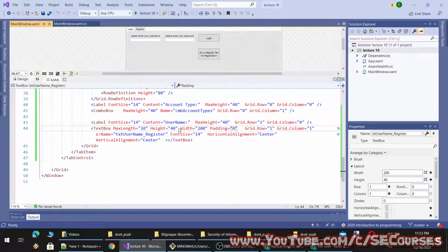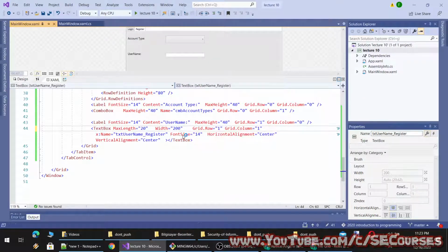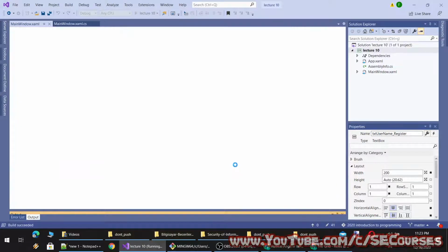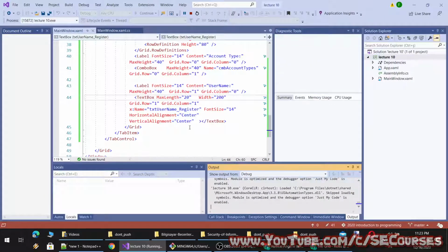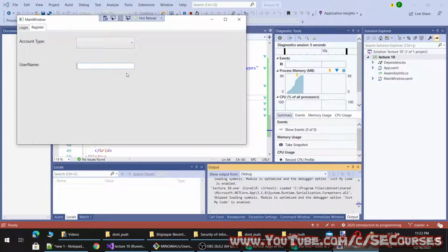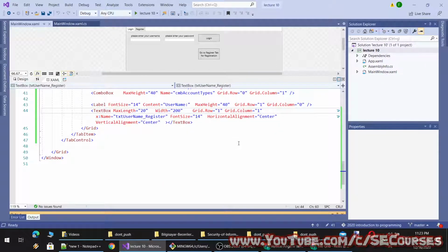If we remove height, what happens? It gets default height. However, it is still not aligned.